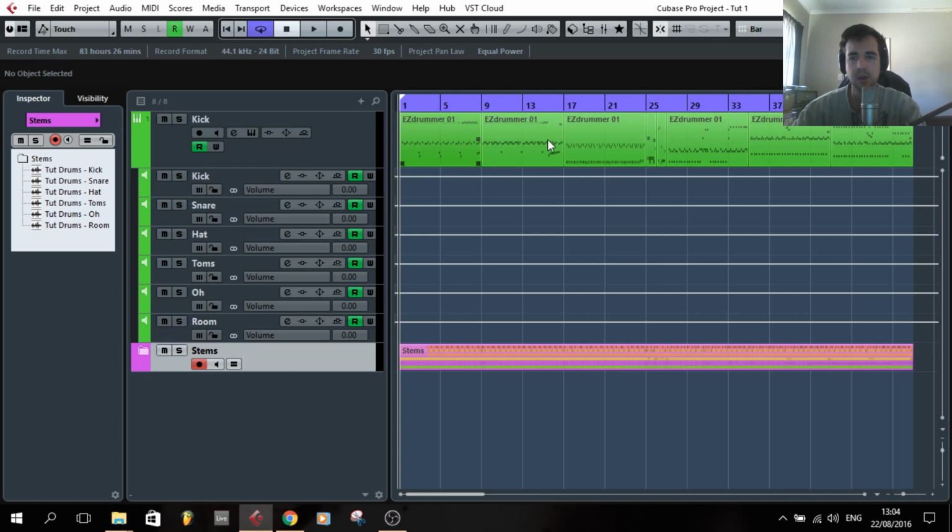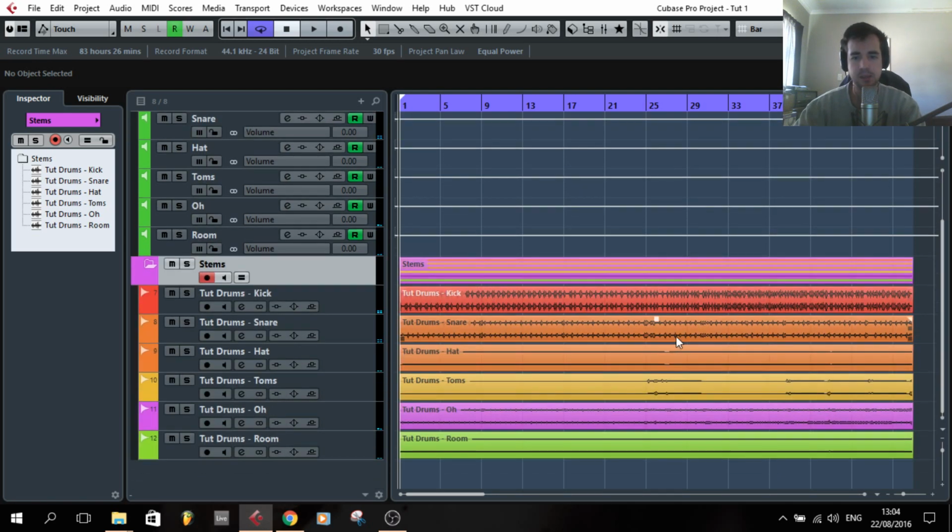And I've loaded a few little MIDI pattern clips from EZDrummer here as well. So it's just some basic rhythm, and that sounds like this. Okay, so really easy. And what I've done is I've actually bounced out